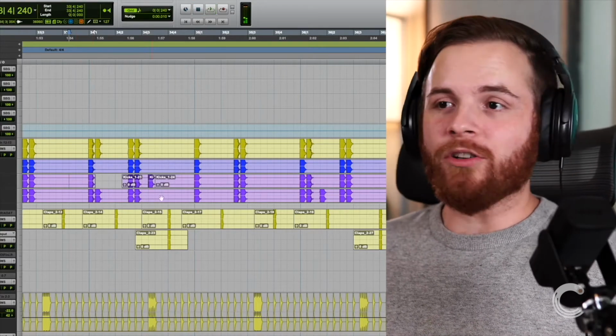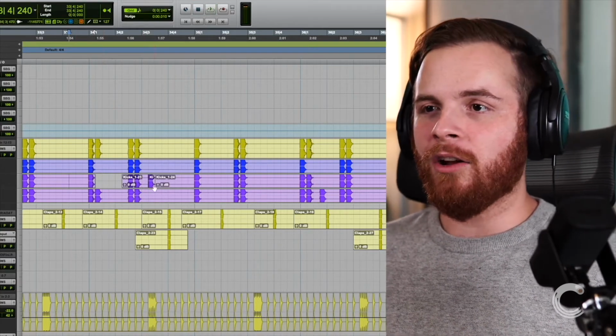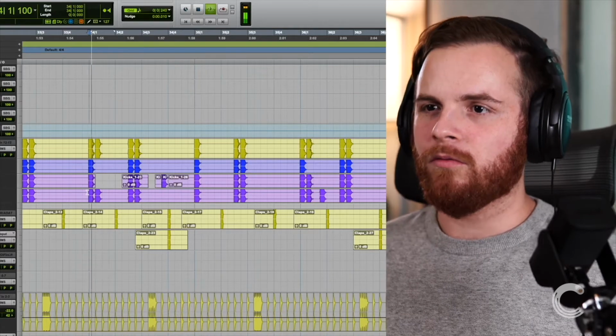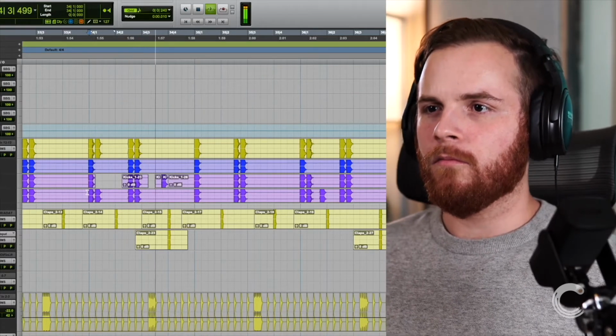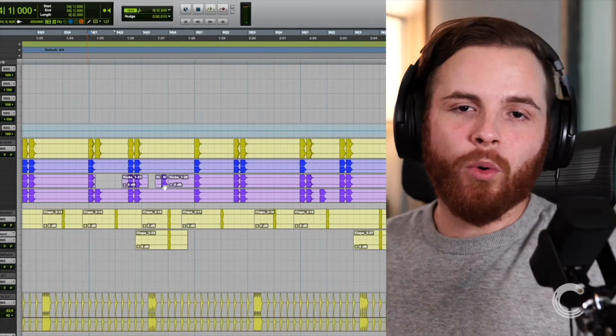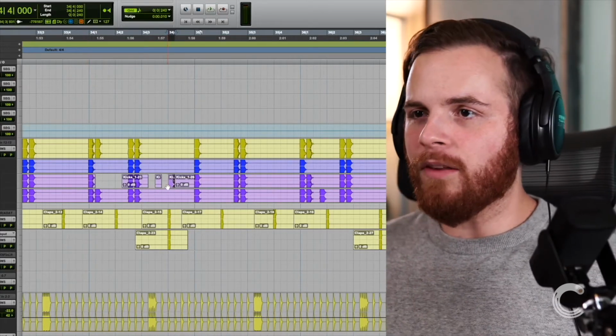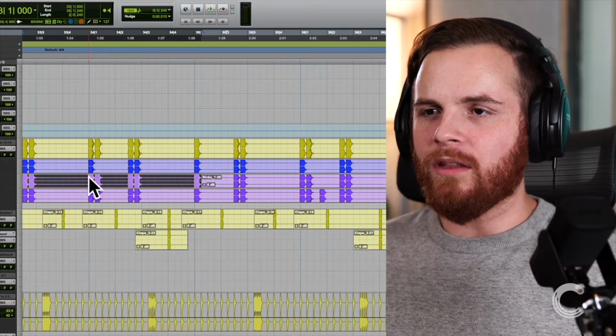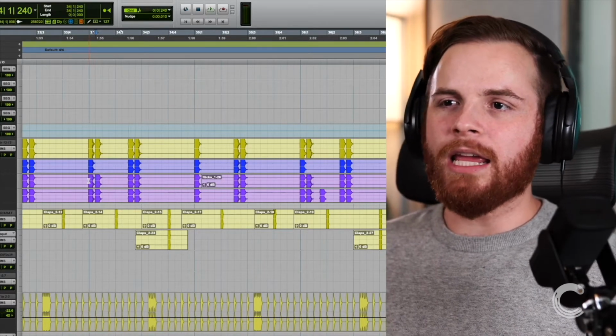That almost worked. I think we would need another hit there. But again, you can kind of see my point. A lot of these do work, and it's a pretty subjective choice from there. So I really liked how it was sitting with doubling up here on the 1E, the first two 16th notes